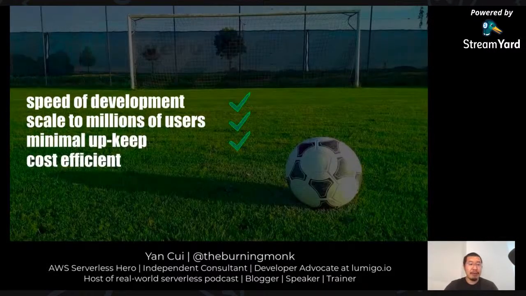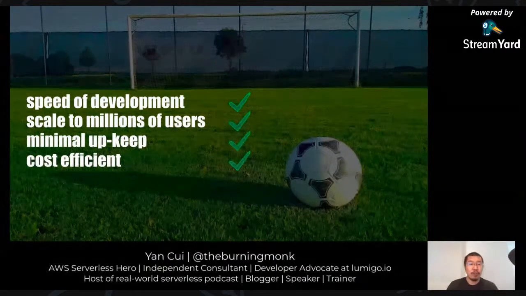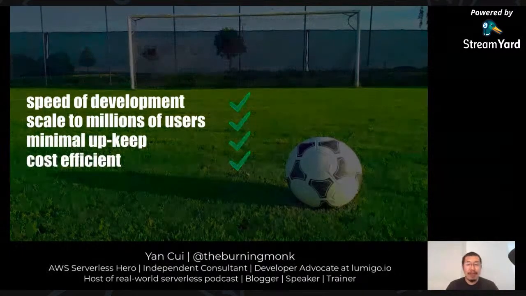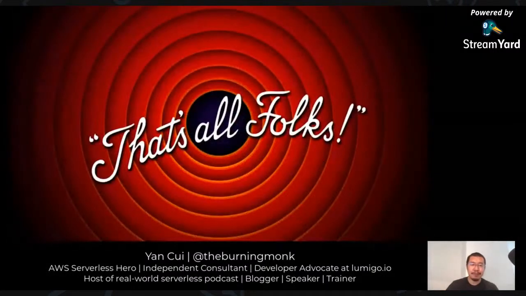So minimum upkeep, check. And with AppSync, Lambda, and DynamoDB, our entire stack is pay as you go, and the cost per million requests is just a few dollars. So the projected cost for this, when we go live, even with tens of thousands of users, will still be relatively small, even if everyone uses the app a fair bit, because also we're going to have caching enabled in production. So being cost efficient, check as well.